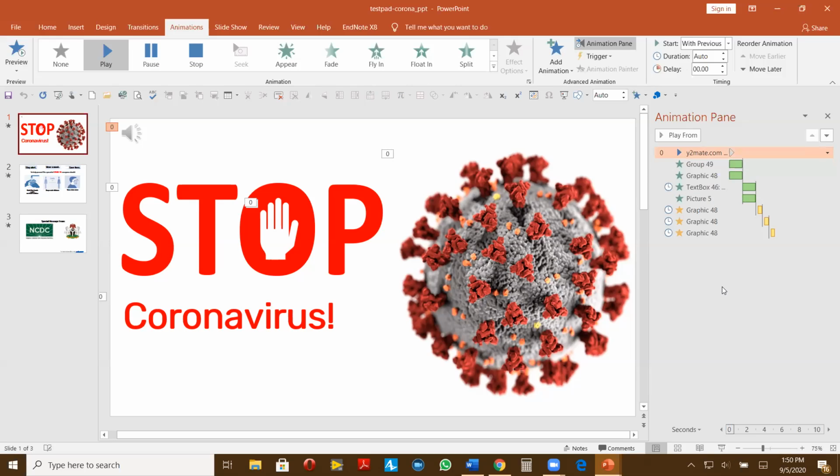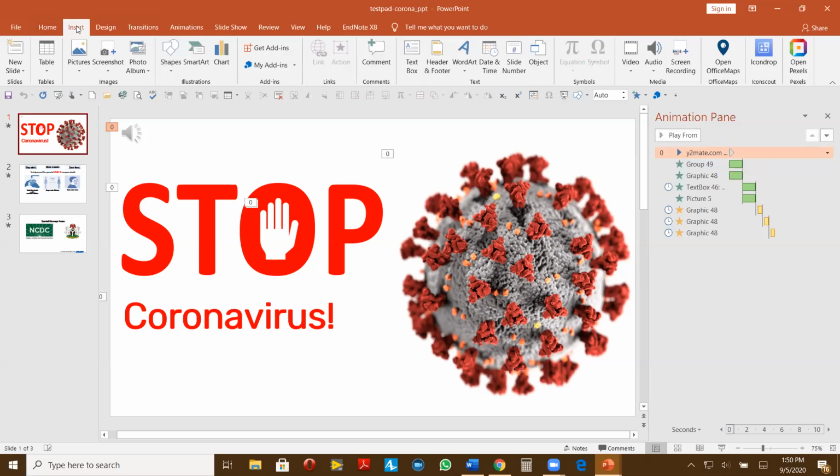So how do we insert this audio? You come to Insert and you go to Audio. But for audio, it's advisable that whatever audio you want to use in your slide, you're either going to record your voice over, or you already have an audio file that you want